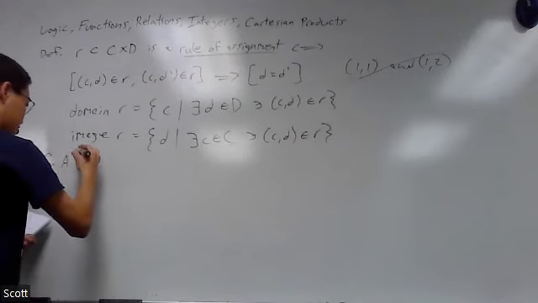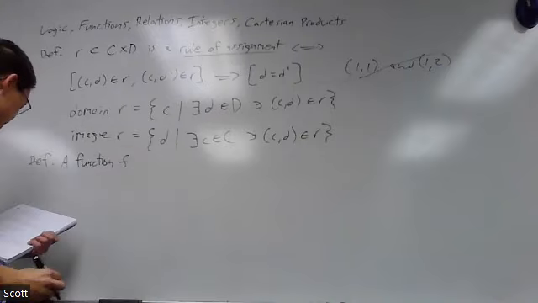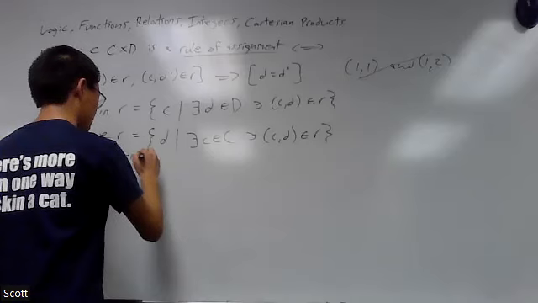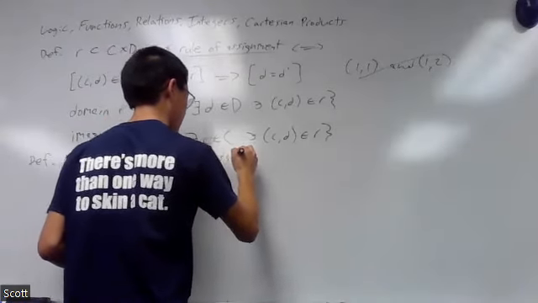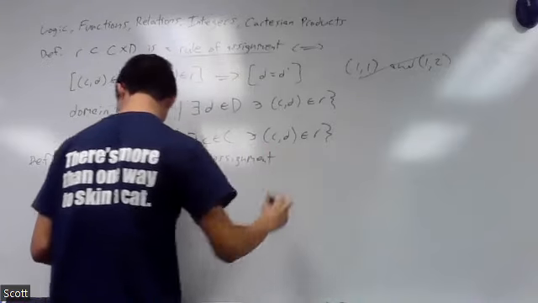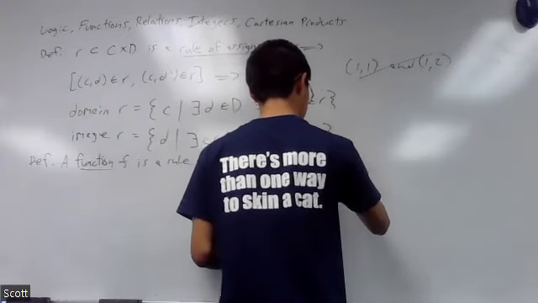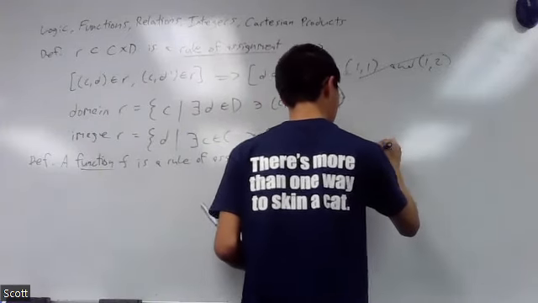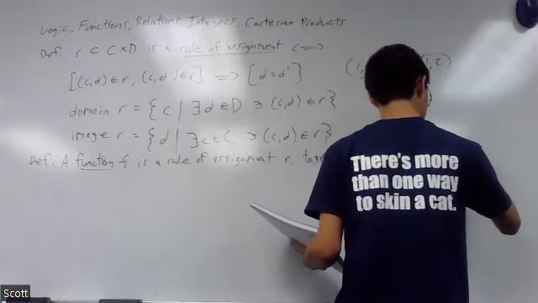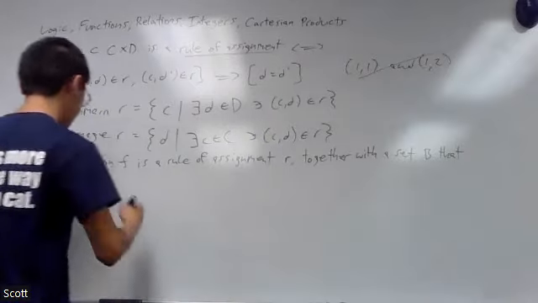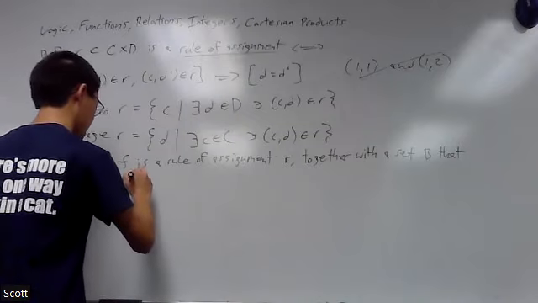A function f, this is a rule of assignment R together with a set B that contains the image set